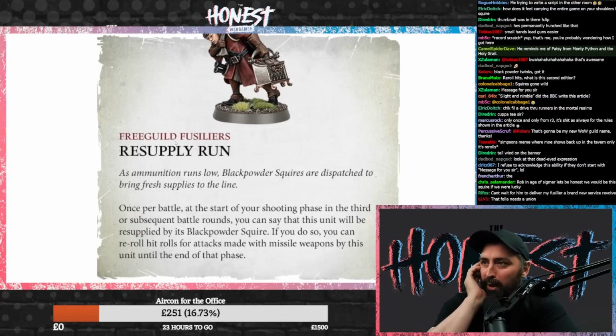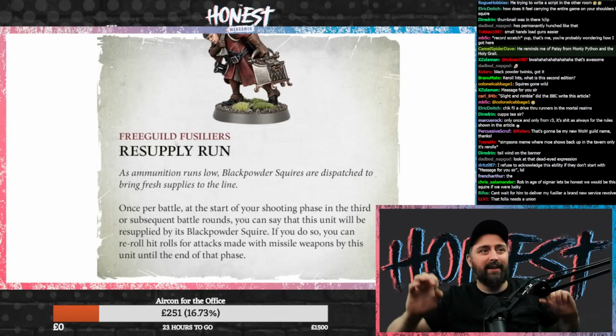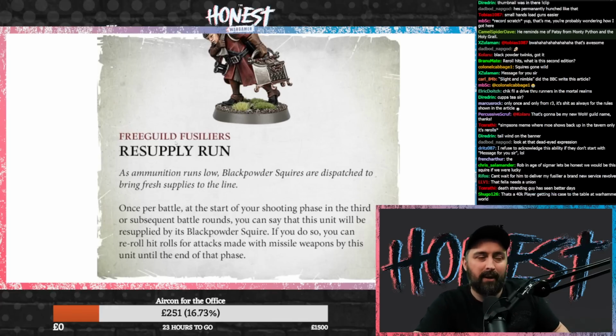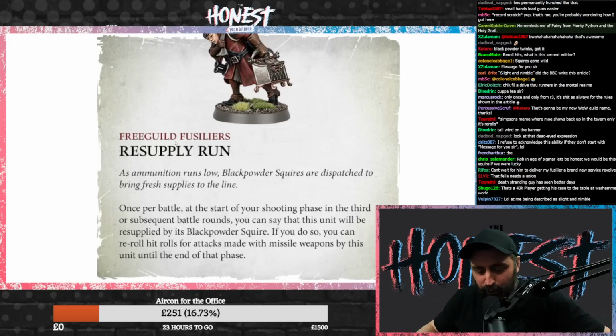Okay, once per battle at the start of your shooting phase, in the third or subsequent battle rounds, you can say that this unit will be resupplied by its Black Powder Squire. Literally perfect. So I have my unit on the board, and then I'm like, stop. Let me stop you there, sorry. And then we're like, what's happening? I'm like, I just need to get my Black Powder Squire. And then you just make the little noises like...